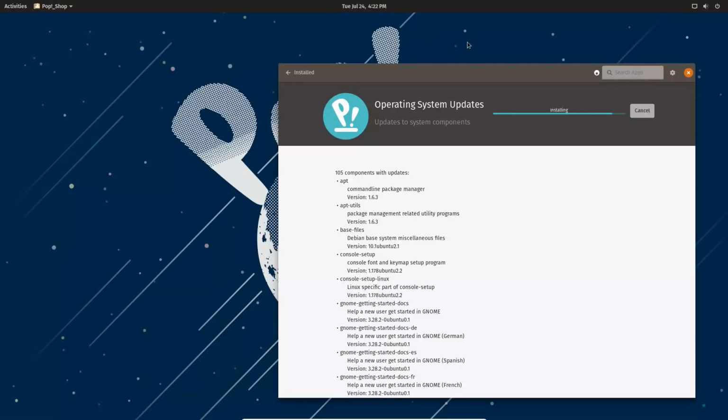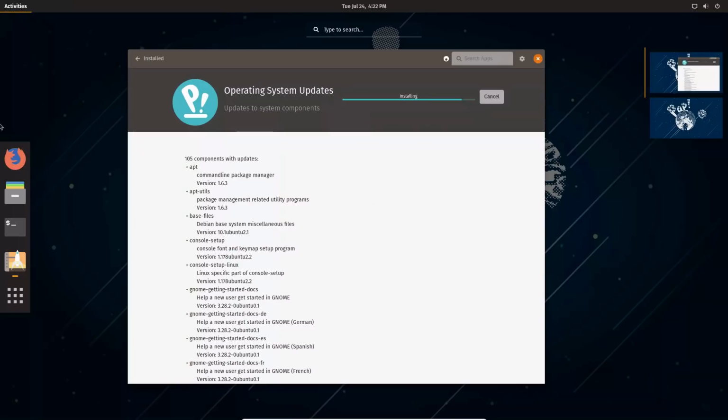So that's really about it. As far as the operating system itself, it does seem to get out of the way a little bit. Once this is done installing, we're going to go ahead and see if we can add the tweak tool and at least give us our buttons. But otherwise, I can probably...